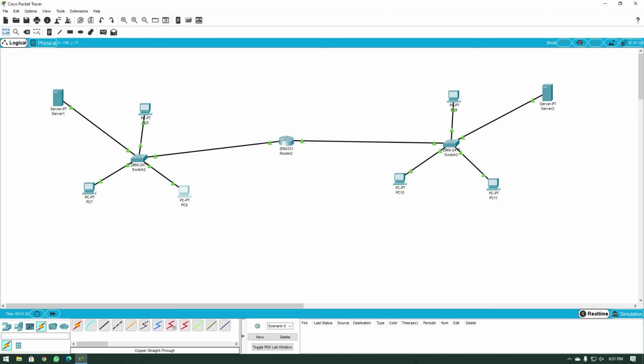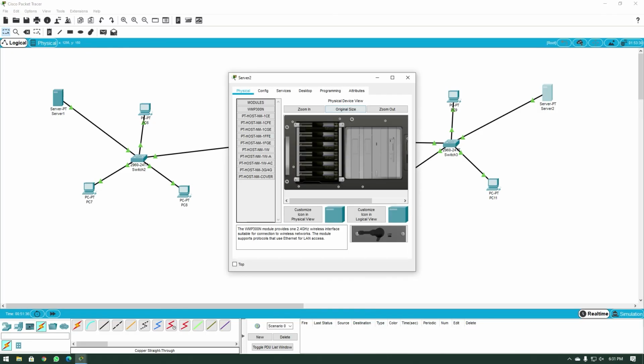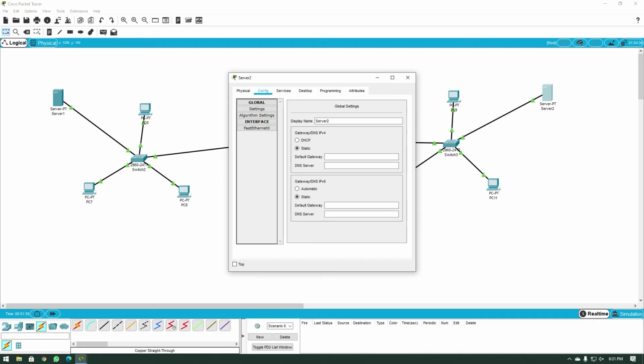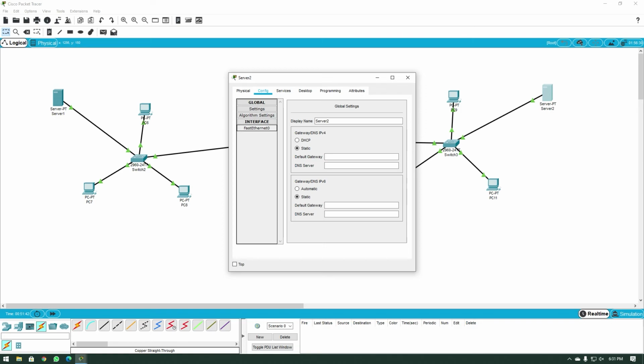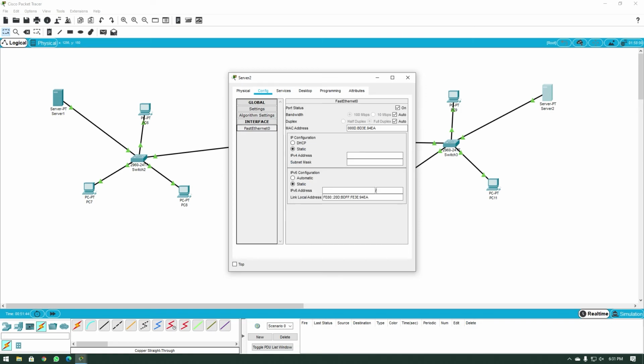And let's do the same configuration on the network on the right. I'm going to click on the DHCP server over here, go to config. You can also go to desktop and give it an IP address. You can do it from config also. So I click on config, go to fast Ethernet 0, give it a static IP address of 10.1.1.100, and I get a subnet mask